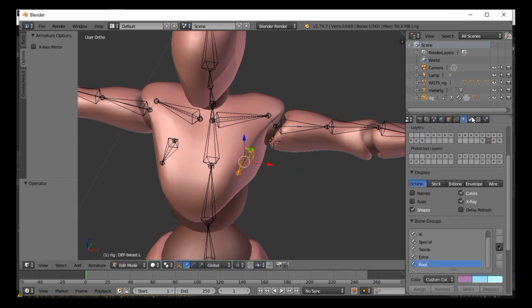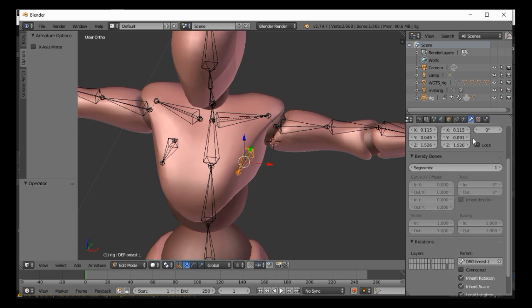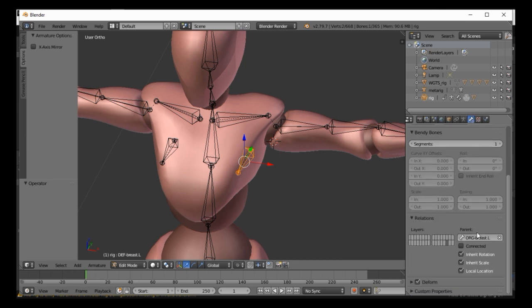We need to go to the bone and see what parent we have. This parent is incorrect for our case. We should change it. So we should parent this bone to the spine. So we type spine, and we need spine 003. Okay, this bone and this bone, of course, spine